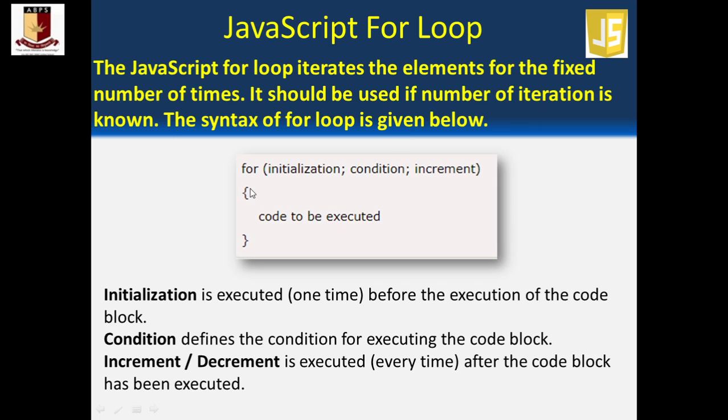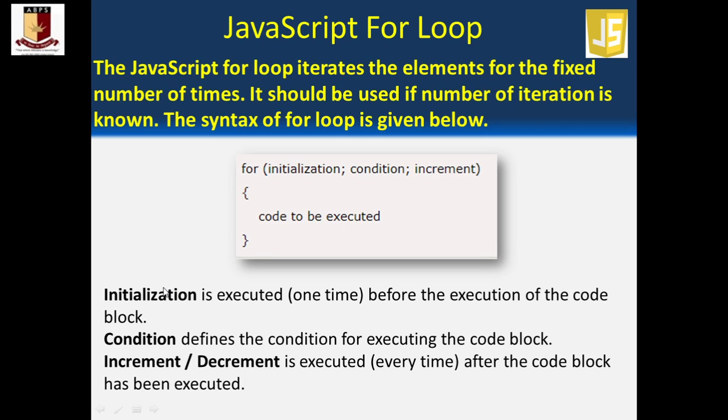The simple syntax is: the initialization, where the loop will start; the condition, up to which the value has to go; and the increment, or we can say decrement also. The value will be increased each time the loop runs. Practically I'll show you, so you will understand. And you can use decrement also, and within the curly brackets, whatever code comes, that code will execute as long as the loop runs. Got it?